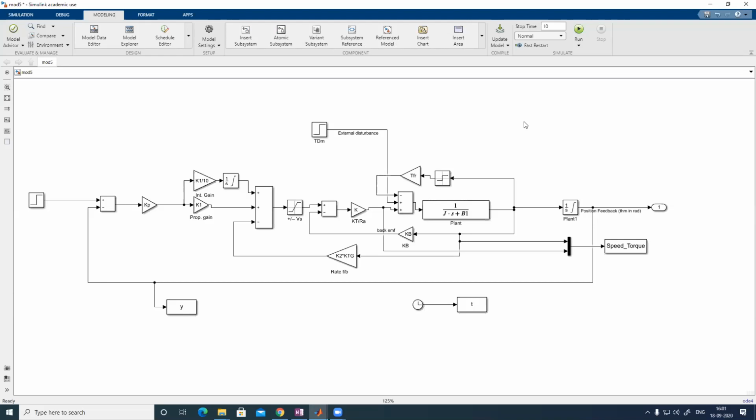Sir, near the plant, at the end of this transfer function, you give an integrator, right? What is the omega limit value you kept? That omega is integrating to theta. That limit value is the actuator stroke limit. Means minus theta m limit and plus or minus that thing I have to give. Yeah.